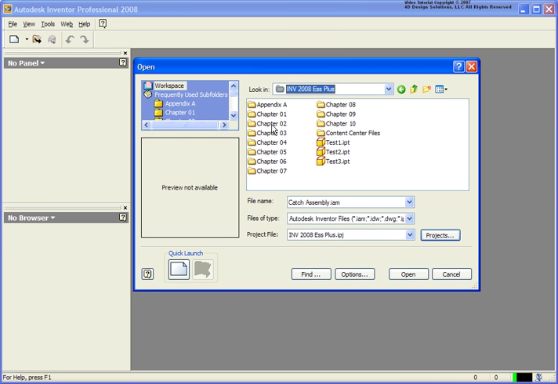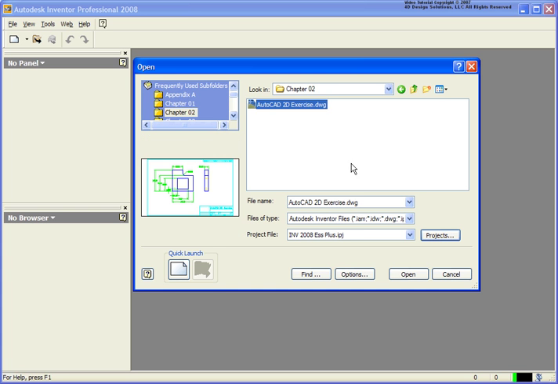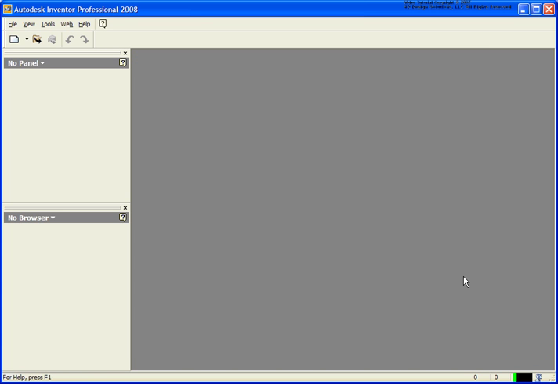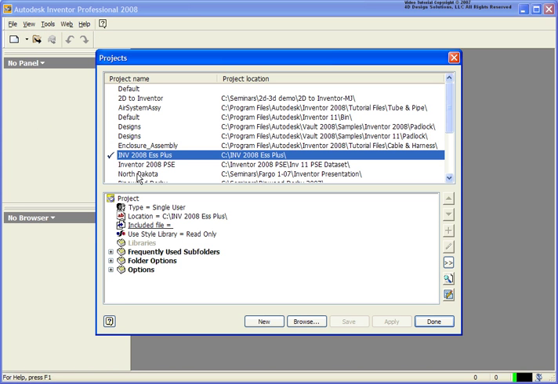So now if I wanted to go to the Chapter 2 folder, I can work on that specific file and open that back up. The last project that I want to talk about here is we're going to create one more brand new project. In this case, let's just go under the Projects, click on New,